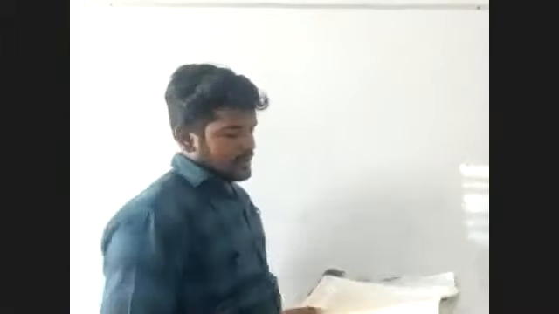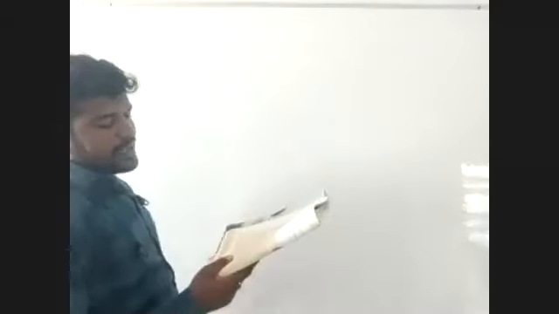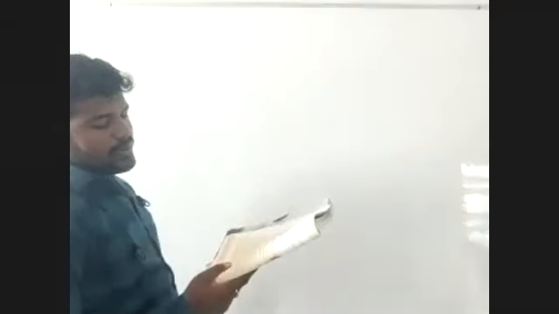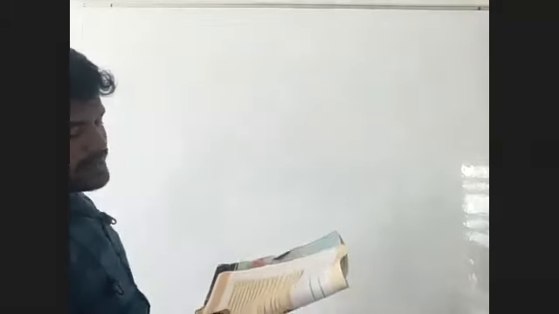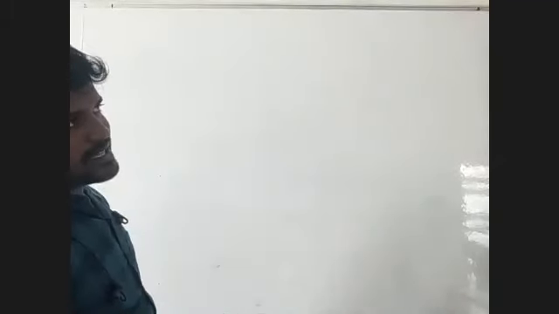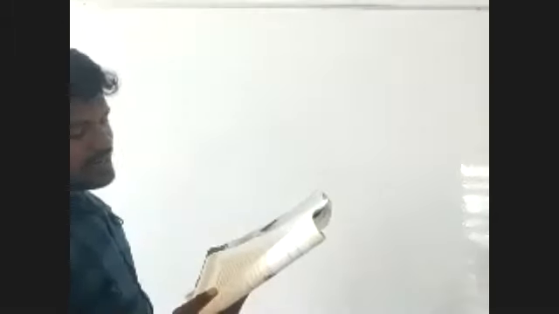Already in the previous class, I explained the next problem: find the value of root 5 up to 3 decimal places. And the sixth one is: find the value of root 7 up to 6 decimal places by the long division method. In the previous class I told you the first method is the division method using root values. I will explain that also. Locate root 10 on the number line. This type of problem I will explain in exercise 1.